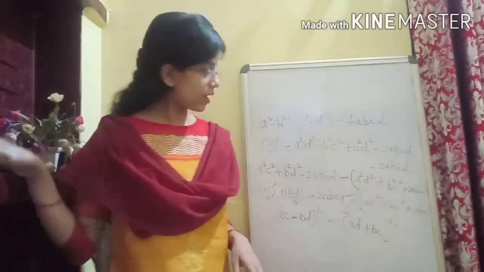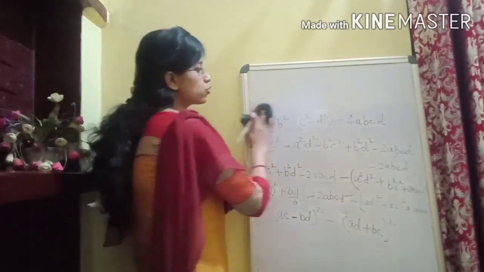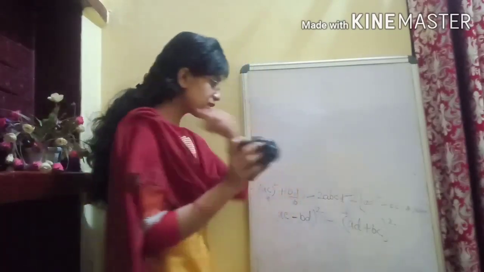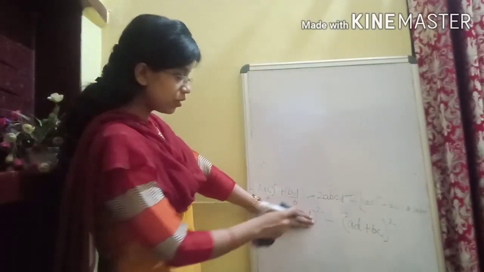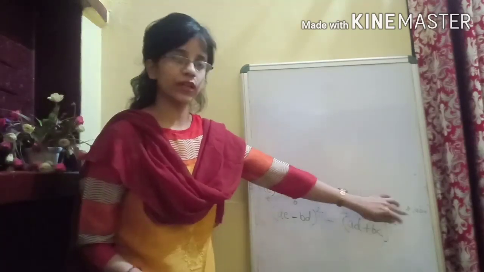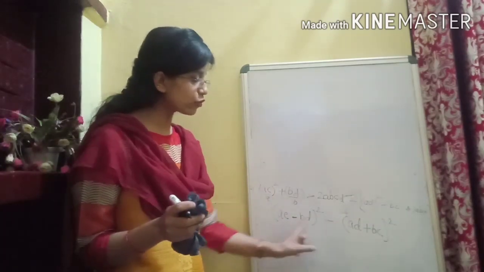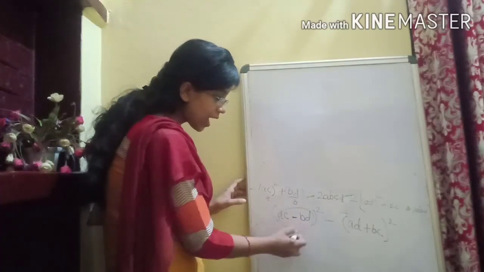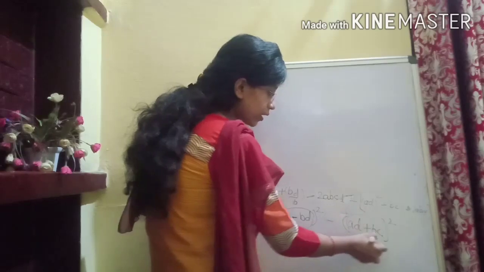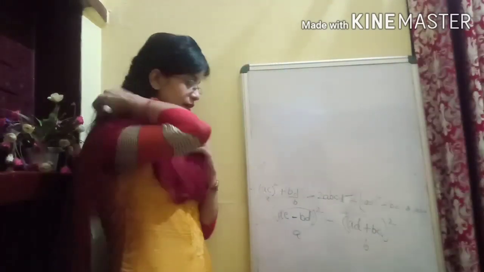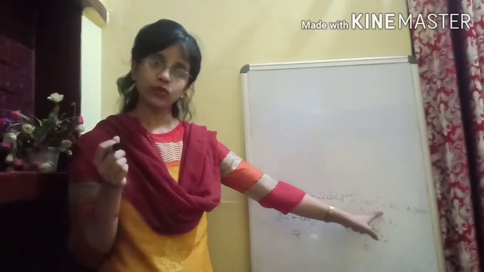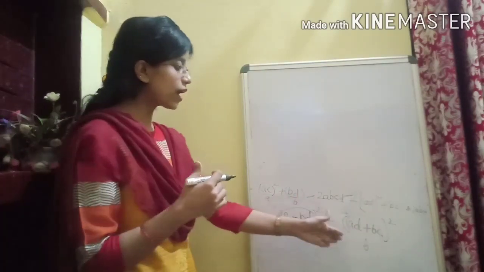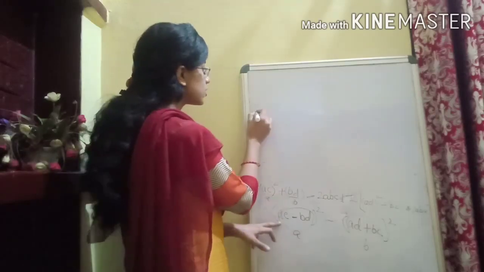Now our expression has reduced up to here. So now if you further see, this is nothing but some quantity whole square minus something whole square. That means it is nothing but the difference of two squares. That means if we consider this whole thing as A and this whole thing as B, it is nothing but A square minus B square. So here we can use the identity, which is in one bracket A plus B and in another bracket A minus B. So now just apply the identity.